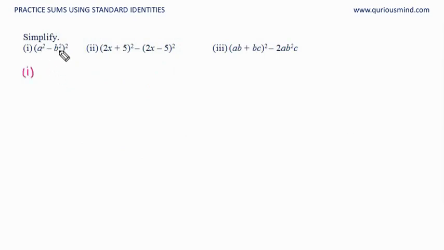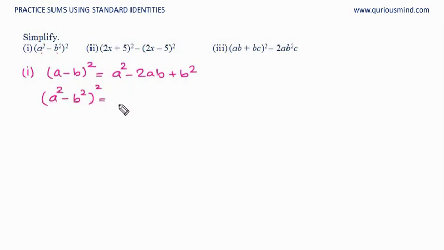a square minus b square whole square. So let's use the identity a minus b whole square. And this is my a and this is my b. And the identity says it is a square minus 2ab plus b square. And hence a square minus b square whole square will become a